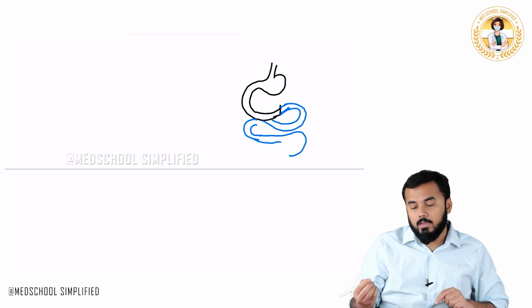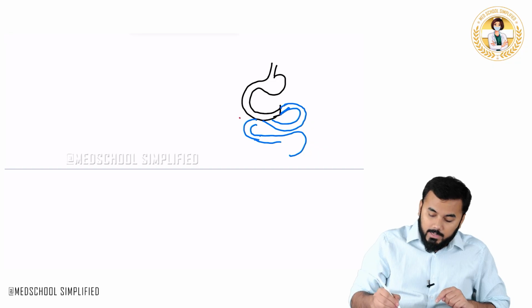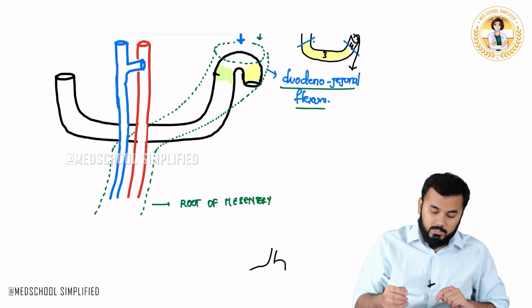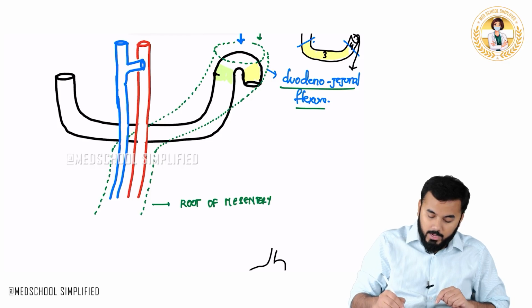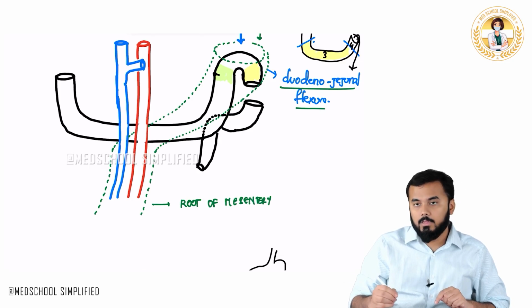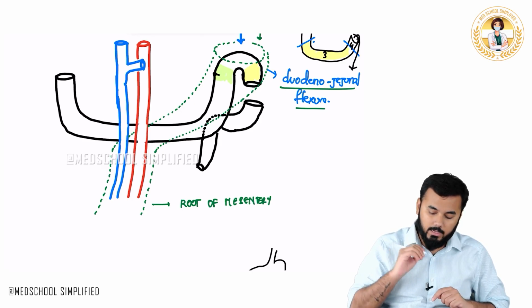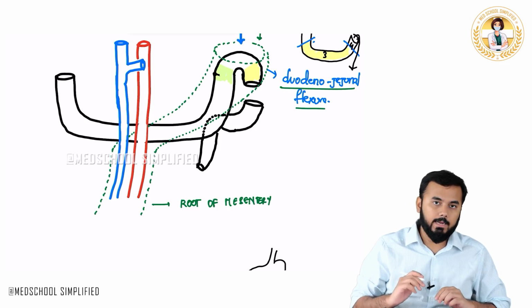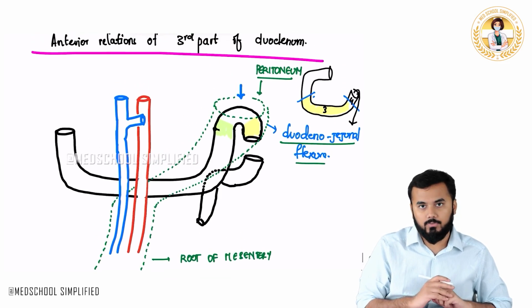You see, this jejunum is coiling. Now as this jejunum is coiling, you can very clearly see part of the jejunum is present behind the duodenum, right? So I cannot draw this over here, but I can just put a small mark telling that, see, these are the coils. You see, it is present behind. Okay. So this jejunum is present behind the duodenum. Okay, so let us discuss the different anterior relations of the third part of the